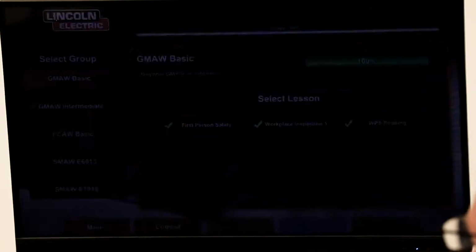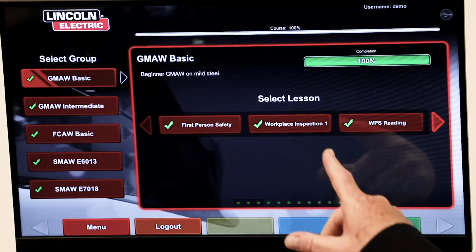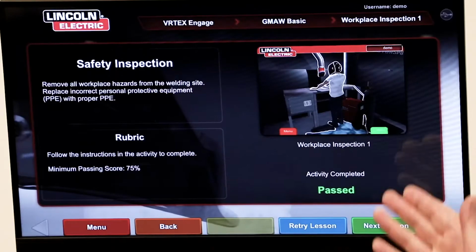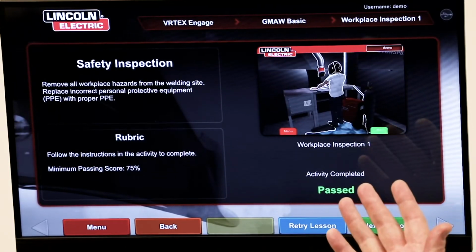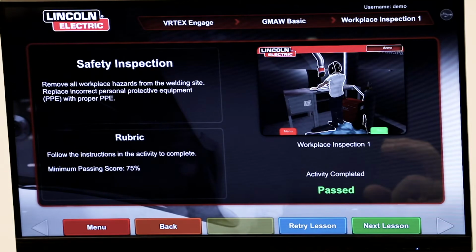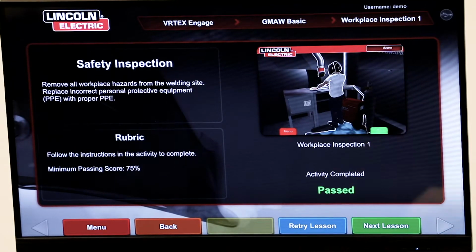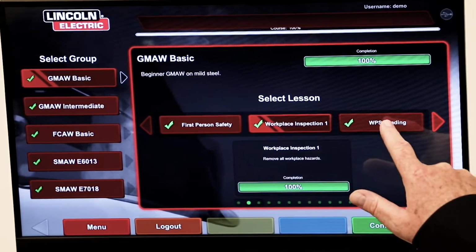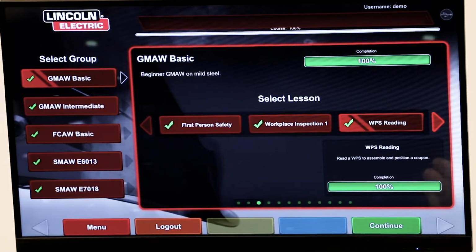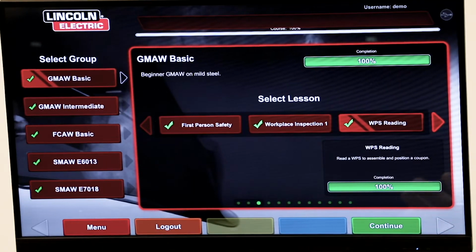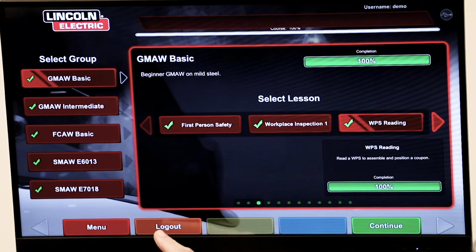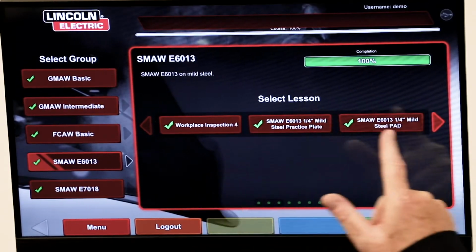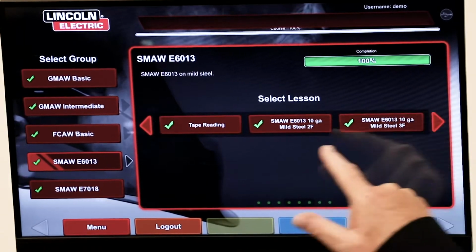So if I go into the lesson mode, first of all, I can do things like workplace inspection, where I can have the student actually look at a workplace and have to choose where the different safety violations are and correct those safety violations before they can move on. They can do things like WPS reading if you want your student to learn how to read a WPS. There's actually a lesson in here on having them go through and learn how to do that. I can do basic stick welding. Some of the other things